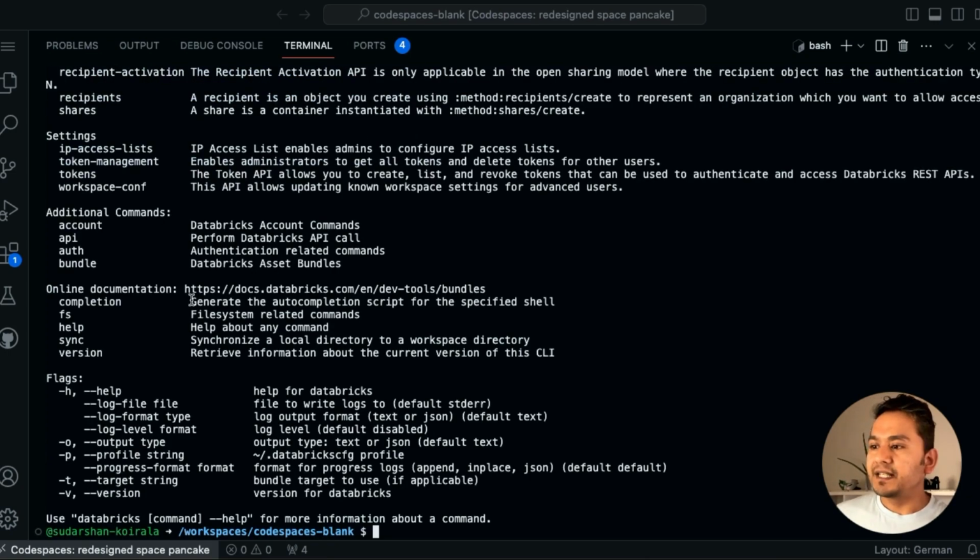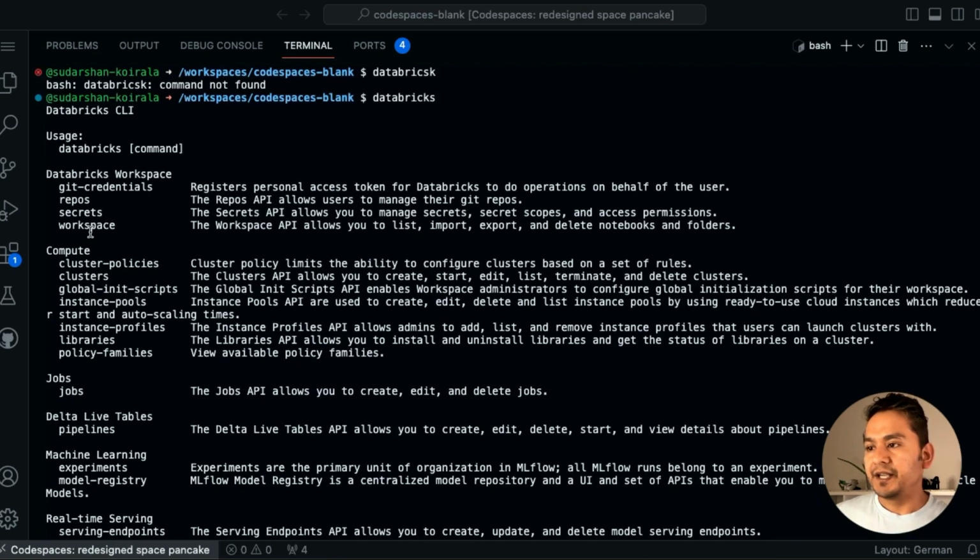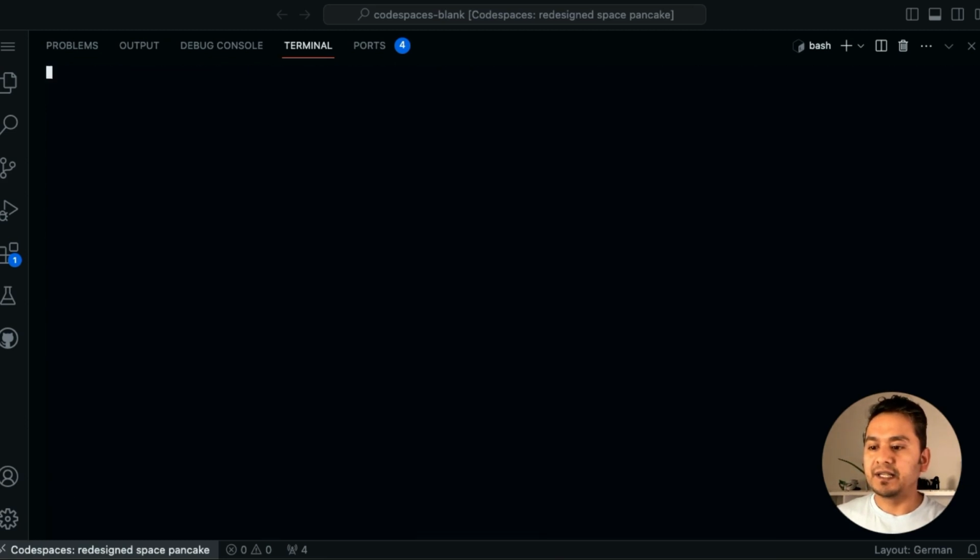As you can see here, there is something called secrets. Let me go up here, Databricks, and there is secrets. What is it? The secrets API allows you to manage secret scopes and access permissions, as I said before also. If you want to see if there are already some secrets or not, what you can do is, let me clear the screen. You can type Databricks